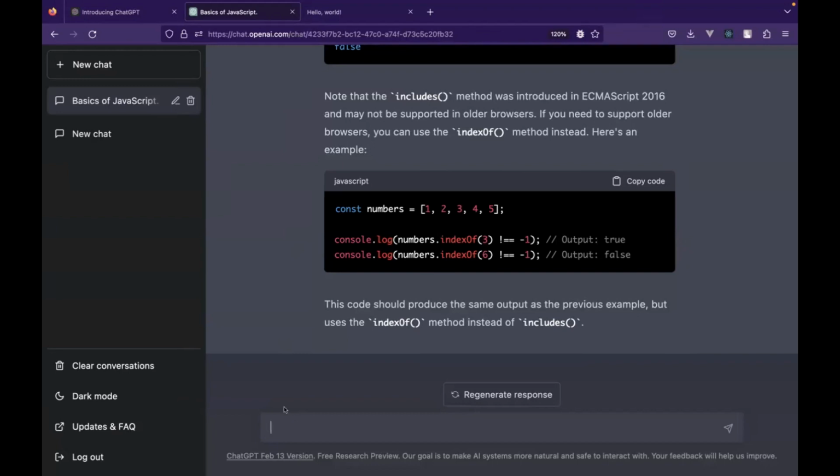Okay, so this question, let me ask ChatGPT, like,